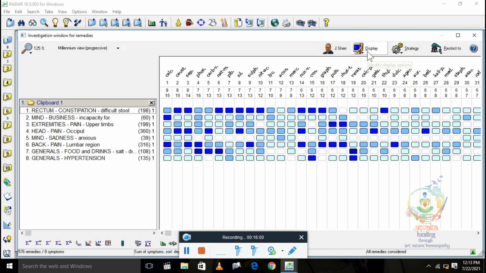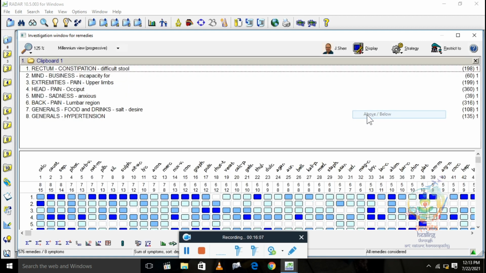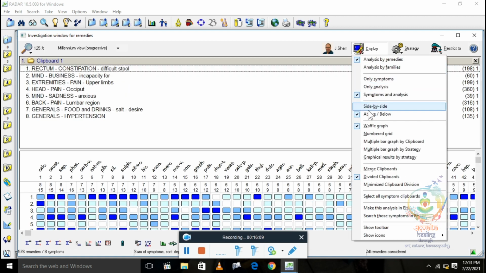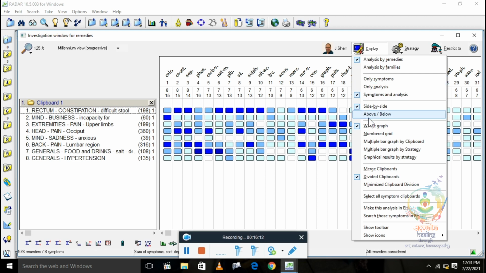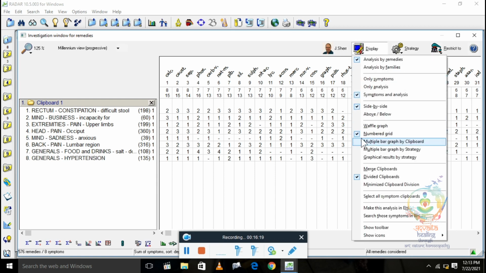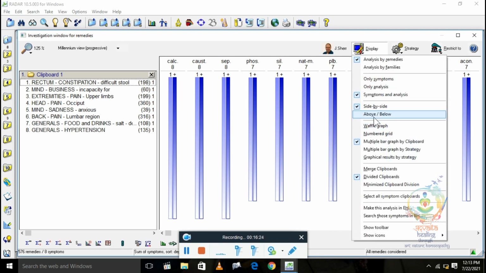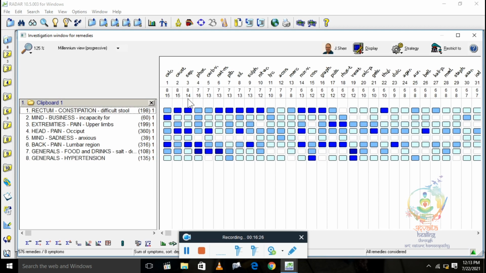You can also go to this display panel and change the view accordingly, above downward view or side by side view. You can even change the graphs, like number grid or bar graph, but this one is more comfortable, where you can get an idea about the marks of the rubrics, at which mark the rubric is covering.